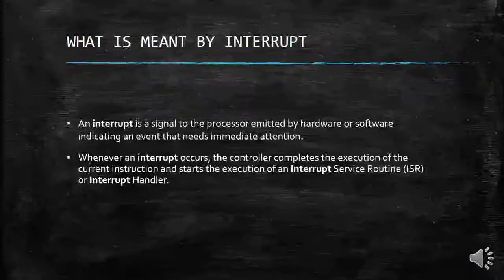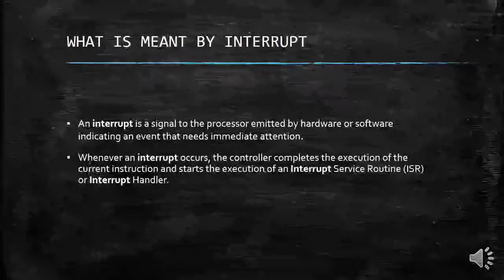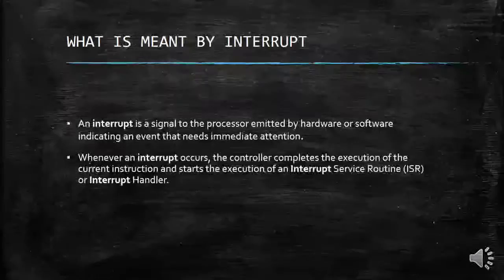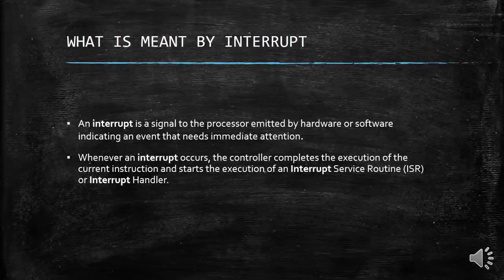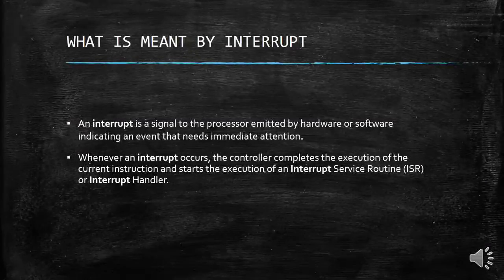An interrupt is a signal to the processor emitted by the hardware or software indicating an event that needs immediate attention. Let us know a few examples. Not all need any intervention from the user. Hardware issues such as printer paper, key pressed by the user, for example Control Alt Delete. Here an interrupt is a signal which is sent from a device or from software to the operating system.